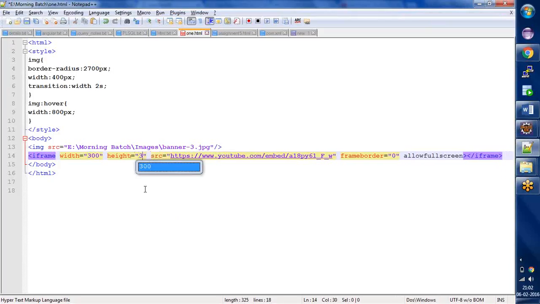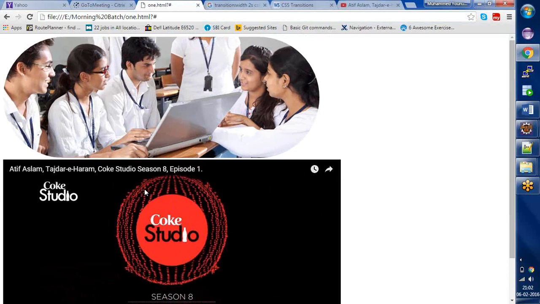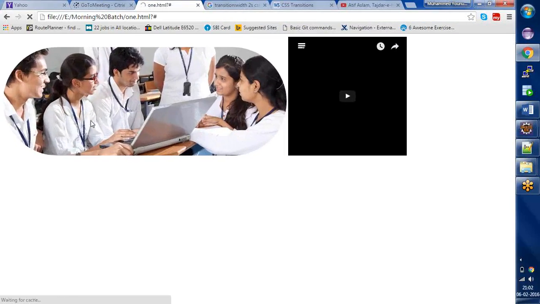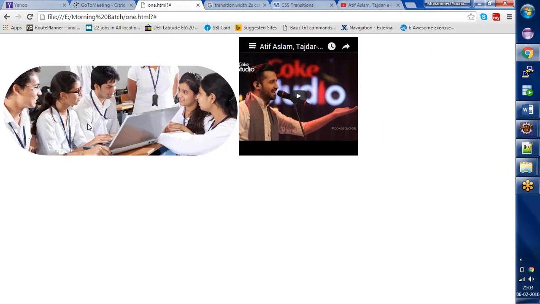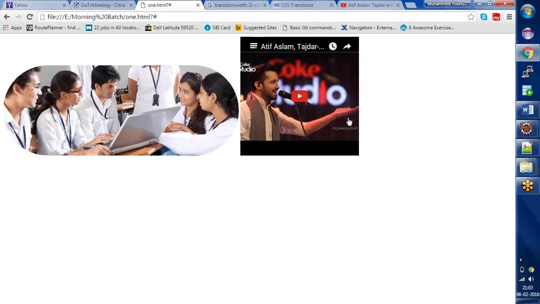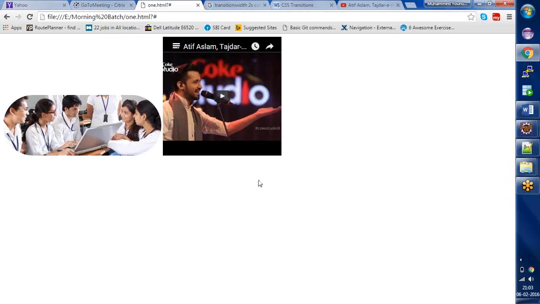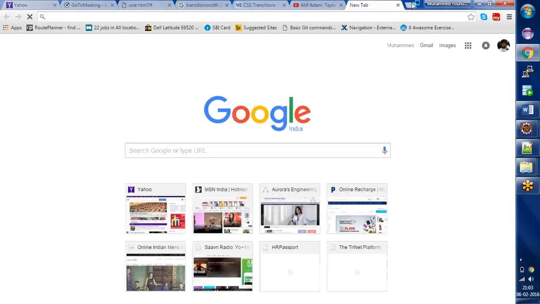If you want it smaller, you can go with smaller. It's better if you provide, for example, here you have an image and it will be good. For example, if the user hovers on the image, display the image-related video over here. So if you go with a website like scoops.com,